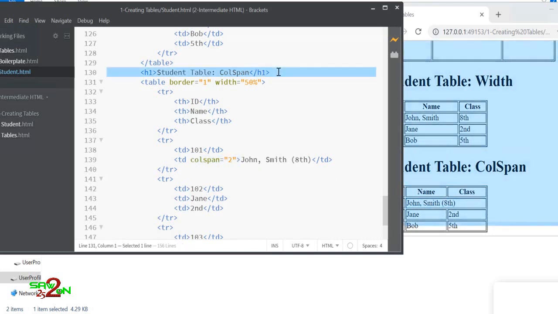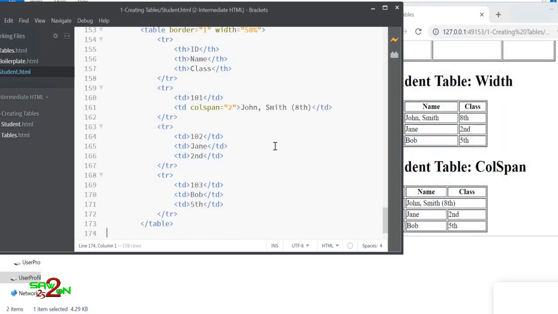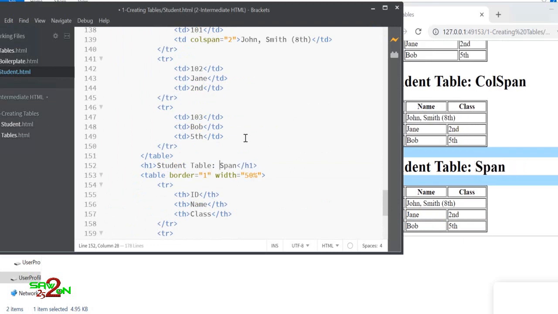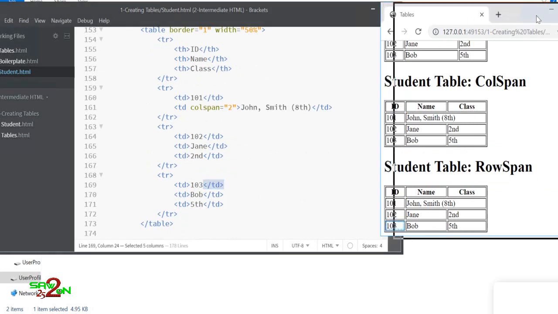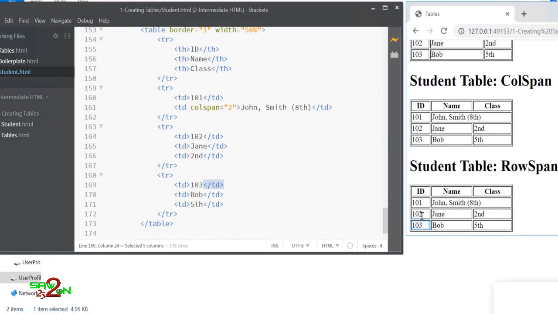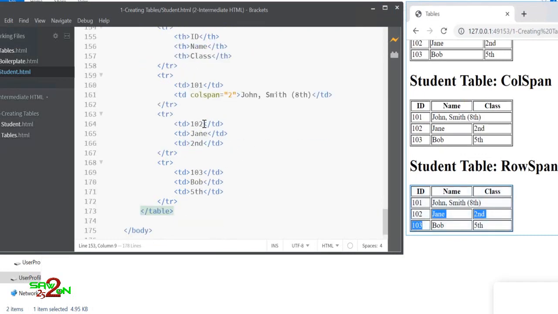Similarly you have row span. Let's look into that. You want to combine, let me show you that output, right? You want to combine 102 and 103 together. So if you want to combine 102 and 103 together, you are clubbing them together, right?